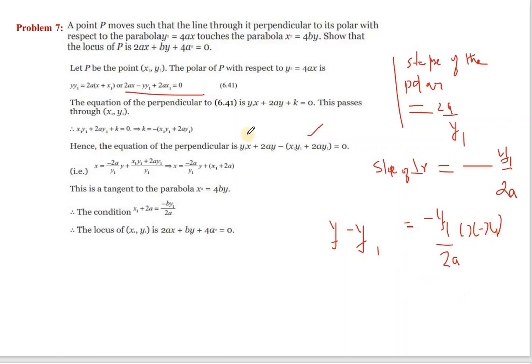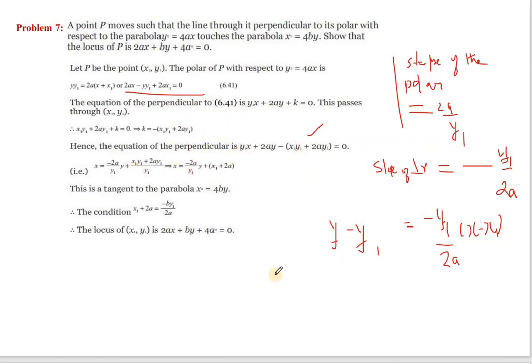So when you simplify this, you will arrive at this. Just check it. y1x you have, and then 2ay minus 2ay1. So minus 2ay1. We'll have to bring everything to one side, and then x1 y1. So that is brought to the left side. So you have this. So either in this way you can obtain, or as given here, if the perpendicular is known.